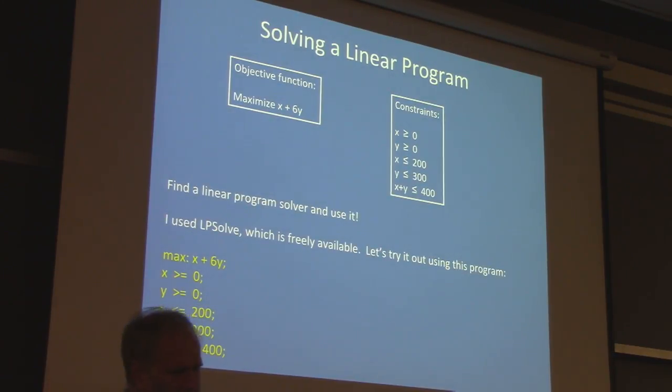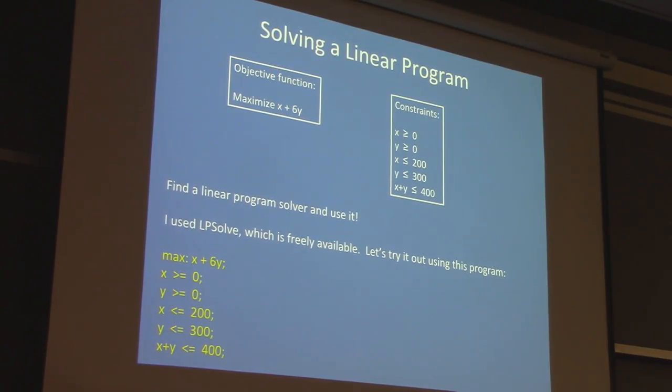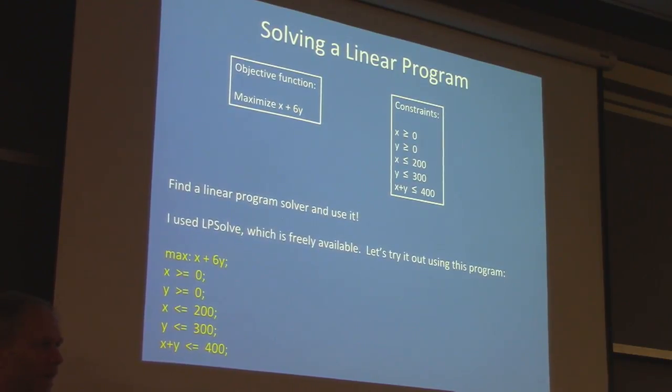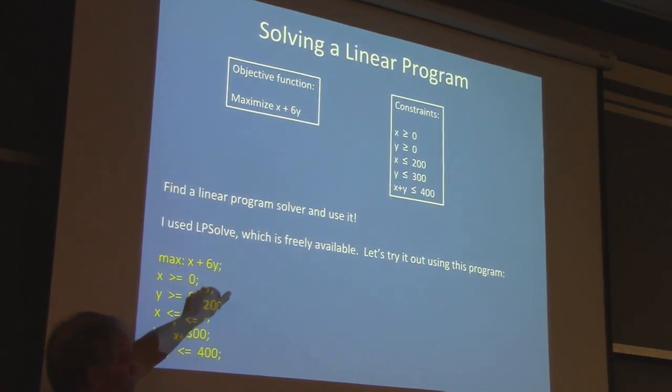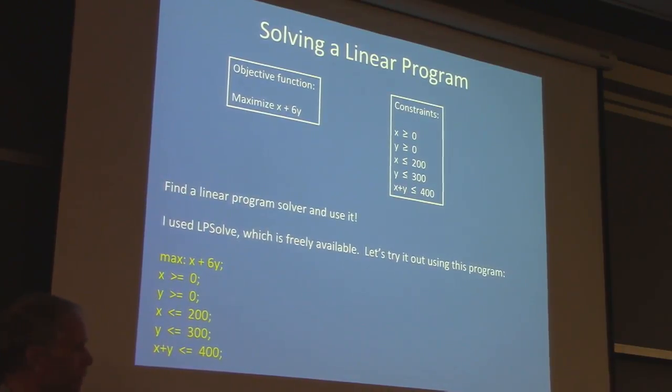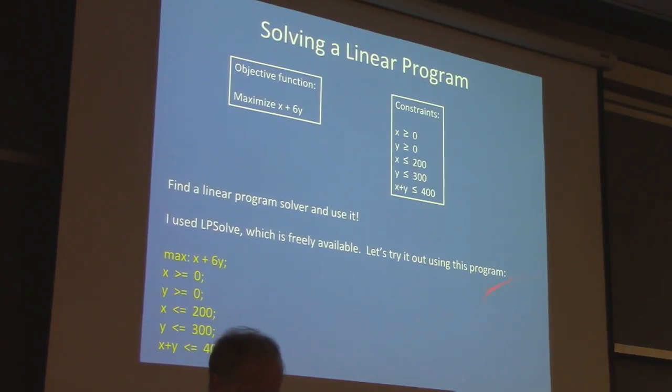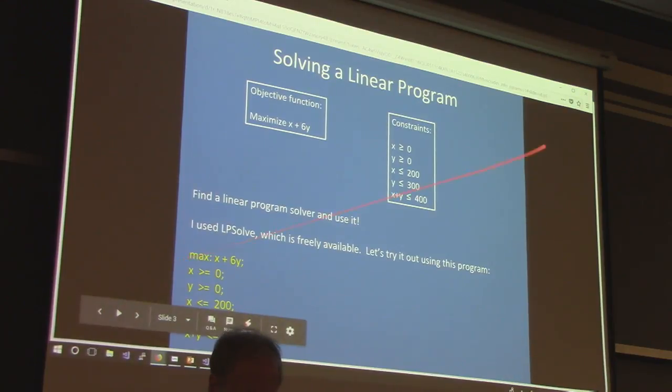Okay, so to solve it, there's something on the web called LP-solve. So I downloaded it, installed it. It's a linear program solver. And you just put the program in, in the format that it wants. It wants to see, first of all, either max or min followed by a colon, followed by the objective function, followed by a semicolon, followed by the constraints, all terminated by semicolons. And so if you put it in that format,